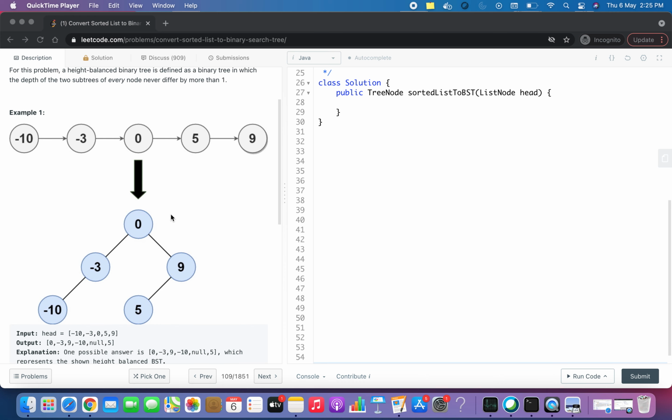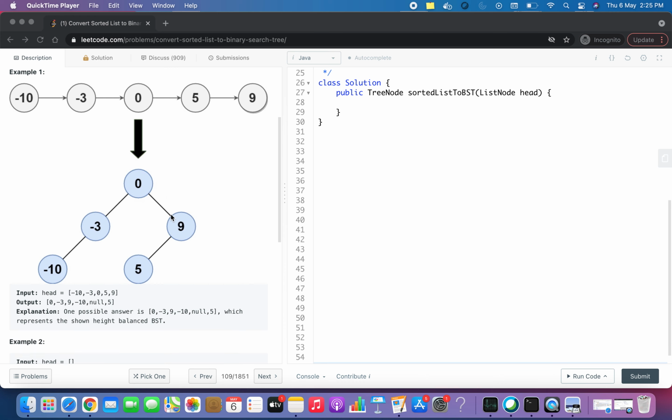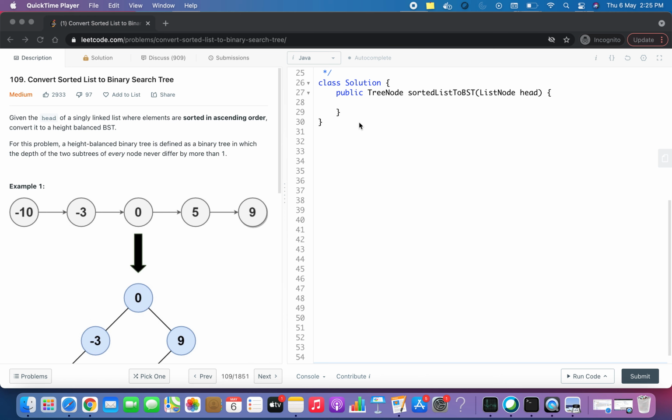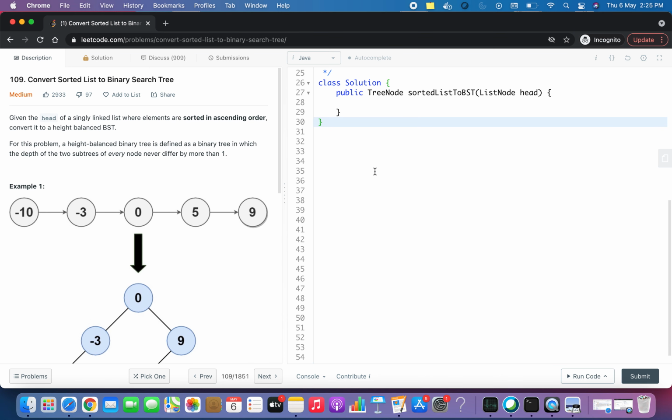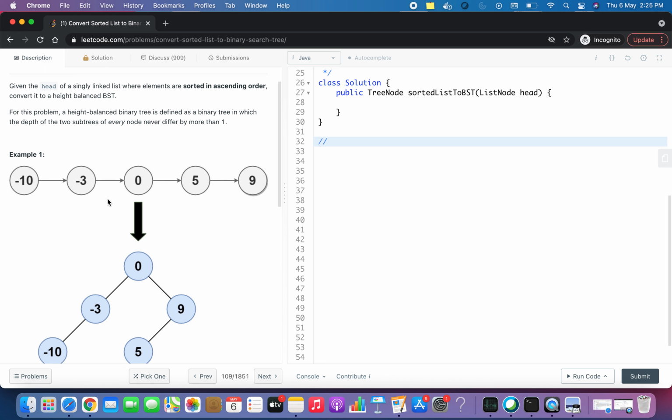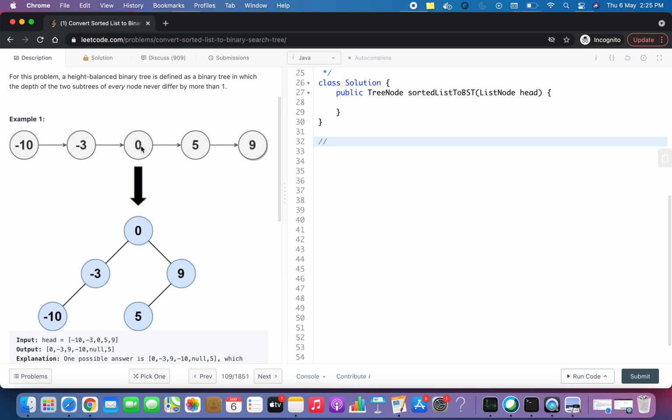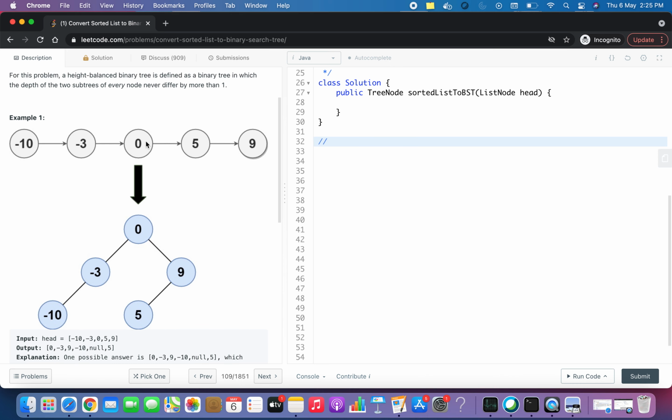Okay, so now let's see how we can solve this problem. Since the list is already sorted, and we need to make the tree height balanced, we have to take the middle of the list and make it the root node.